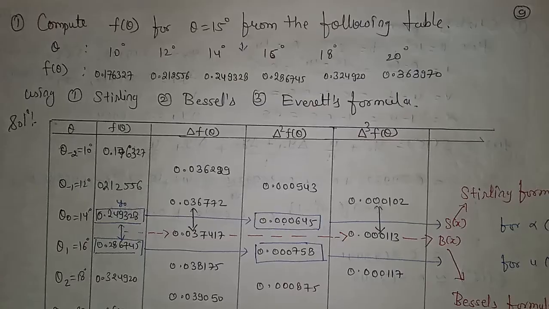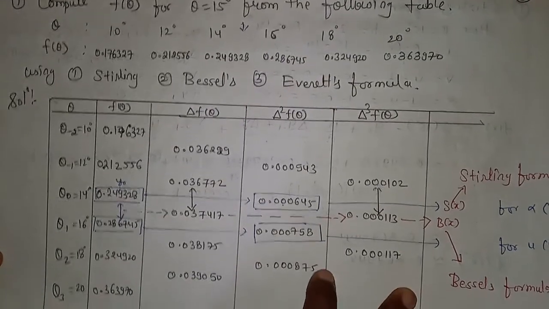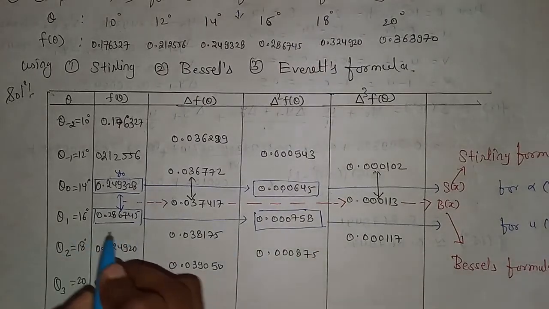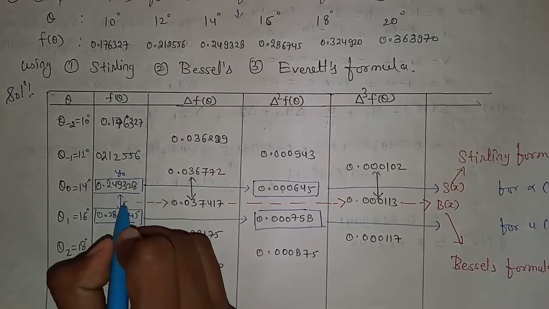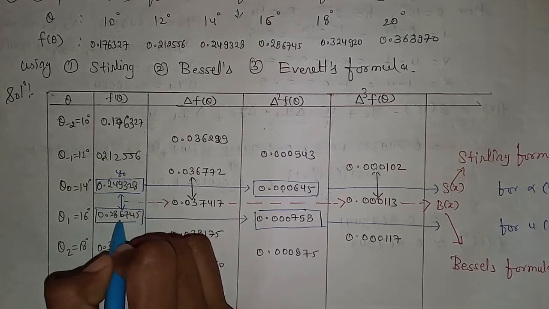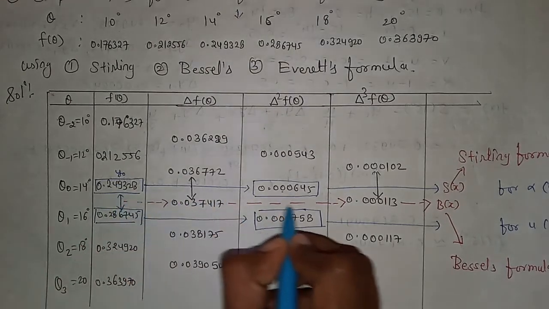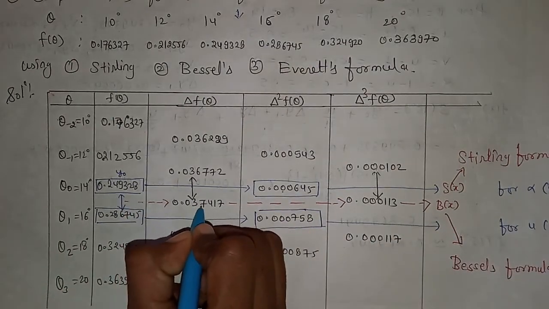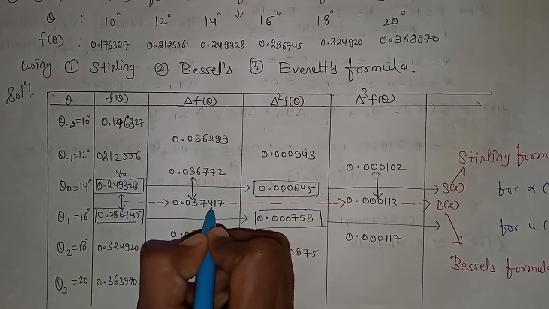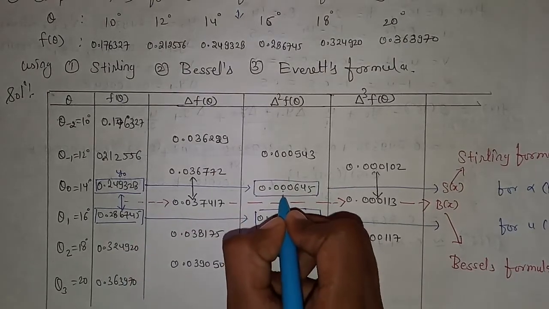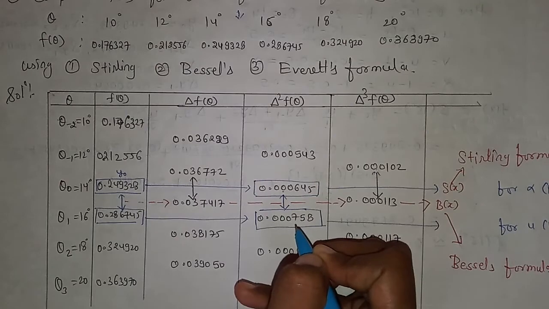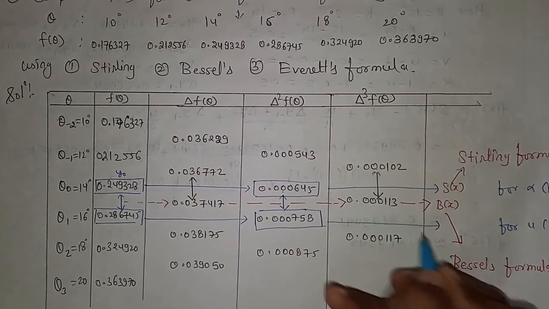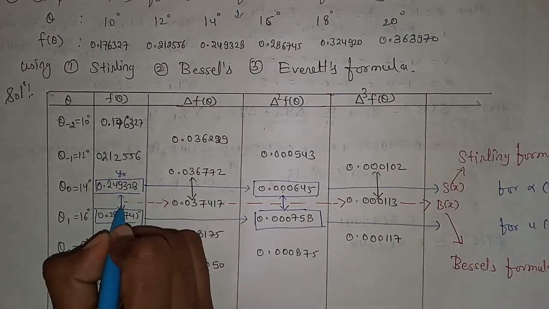Now next, the same thing we have to calculate using Bessel's formula. So again we will see the table and draw the line for Bessel's formula. We know that for Bessel we draw a line in between y naught and y1. I have drawn this line in red color. Here the first value is 0.03717, but here there is no value, so we add these two and divide by 2. This will be the value.